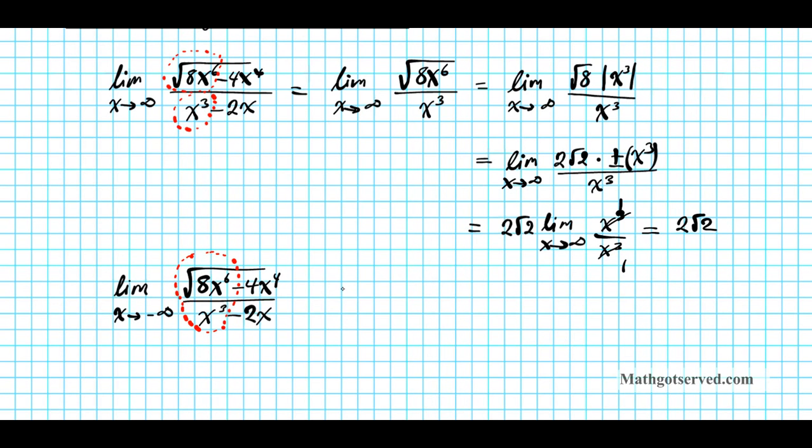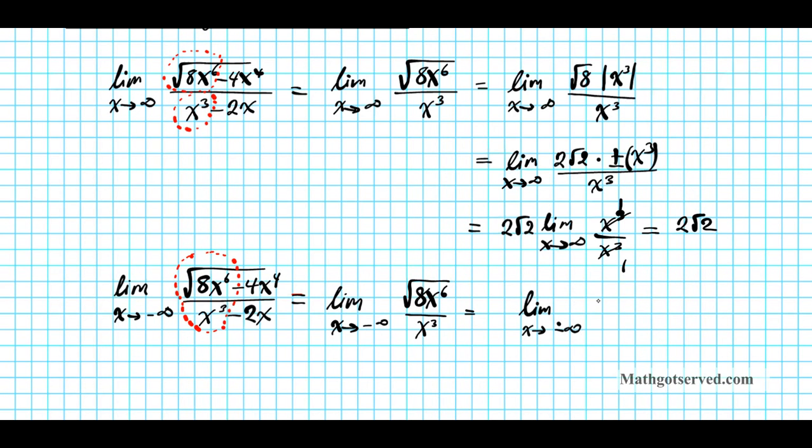All right, so let's extract them. And now this problem becomes the limit as x approaches negative infinity of the square root of 8x to the 6th divided by x to the third. All right. So when we simplify it out, the same procedure, we're going to have the limit as x approaches negative